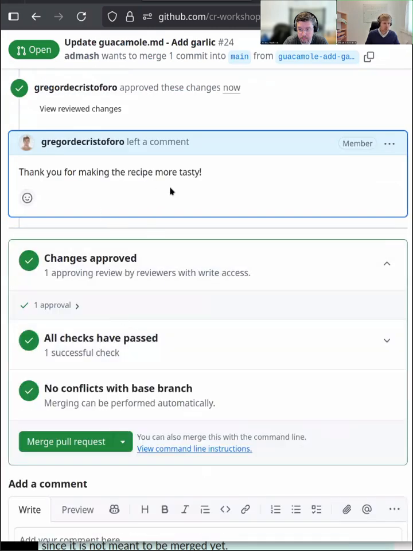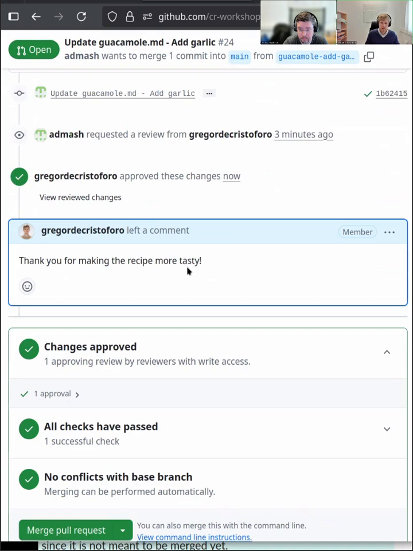Now, I think it's always very important to be very polite, since in this case, it didn't take Andrew a lot of time to make this change. But let's assume this is now a very large code base, and Andrew has spent weeks working on a specific feature that he contributed to this project. And if after weeks of work he submits his pull request, and the only feedback you get from a reviewer is, here's a spelling mistake, and here is something which is not really relevant, then this can be quite discouraging.